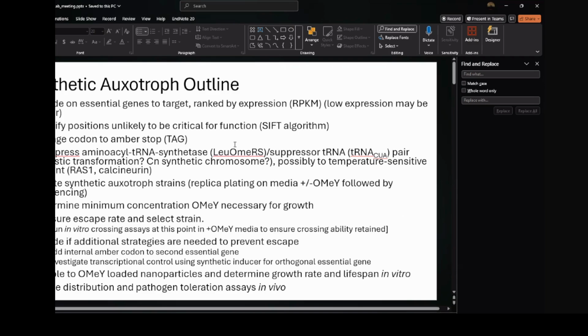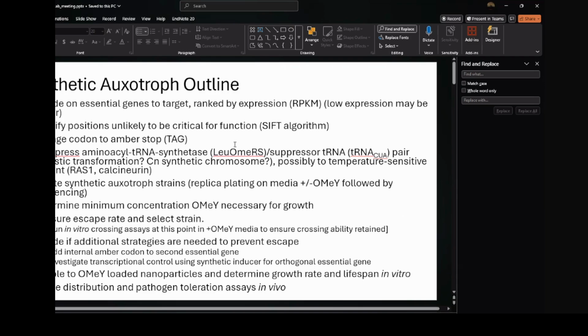Once we've identified that protein, we look for which positions within it are tolerant of mutation so that you still get the normal function of the protein. They used a SIFT algorithm, at least that they mentioned, or they had other approaches for identifying those positions. Then we would change that position to a stop codon